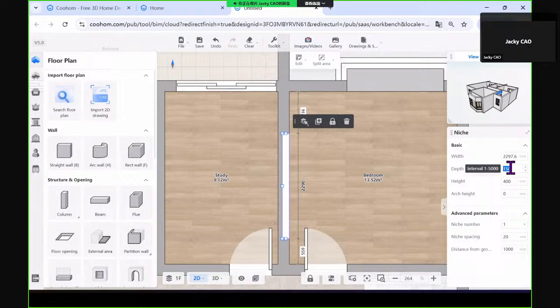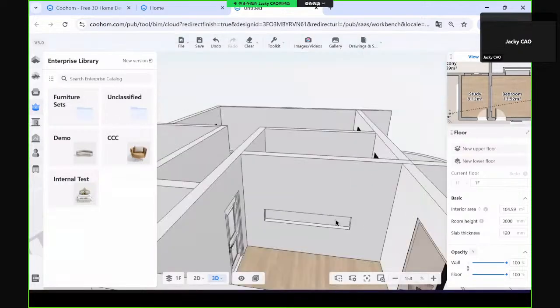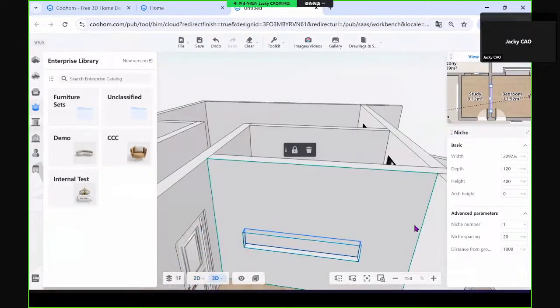Also, you can set different numbers, positions and lines, changing the status. This will be the hole in the wall. This is the distance from the ground, height 200,